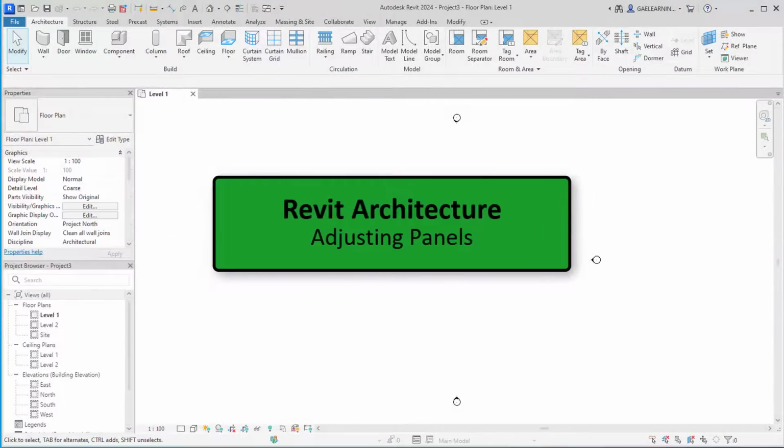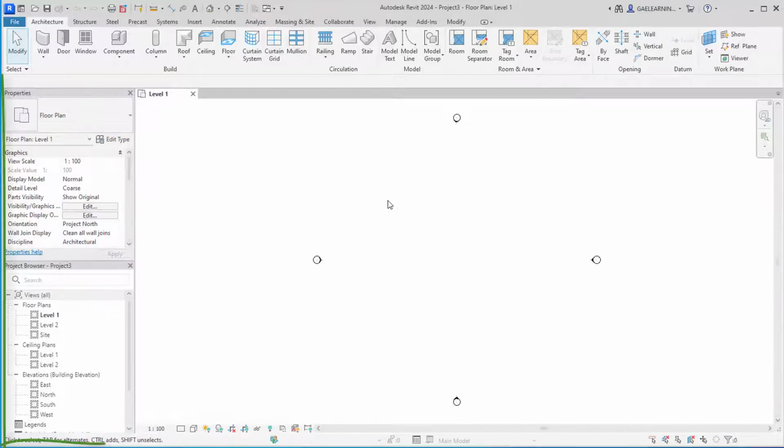In this lesson, we will see how the palettes on the left work. The two palettes that are displayed by default on the left are the Properties palette and the Project Browser. Both are very useful while working in Revit, but that doesn't mean that they have to be in this particular position. If I click on the upper part of either of them, I can drag it to a different position